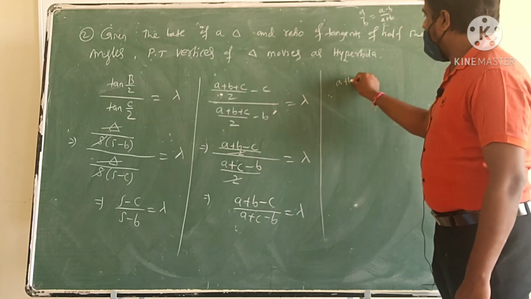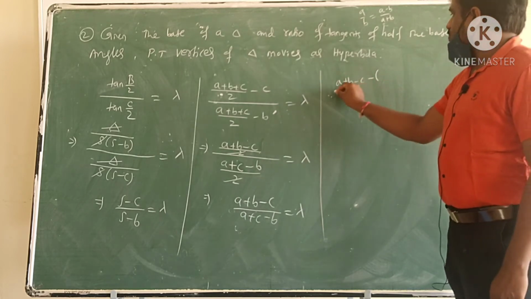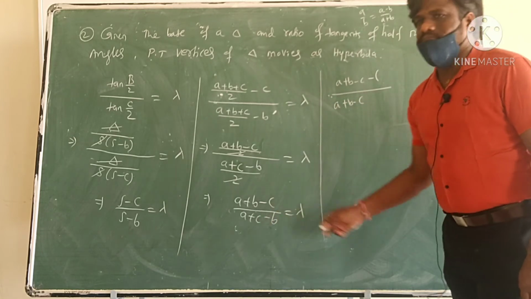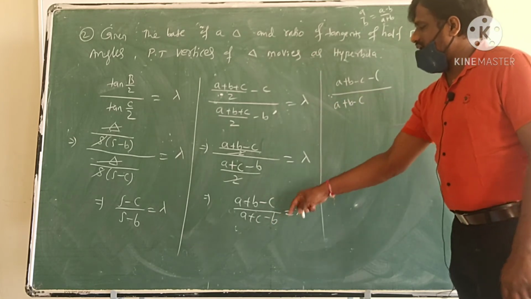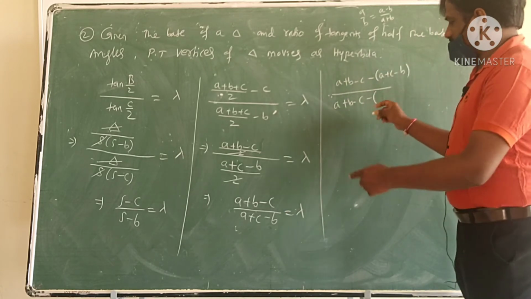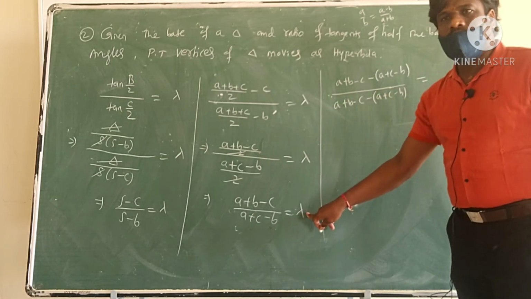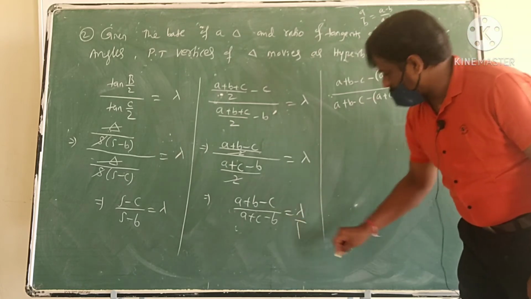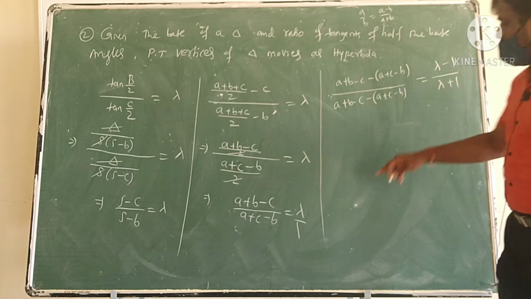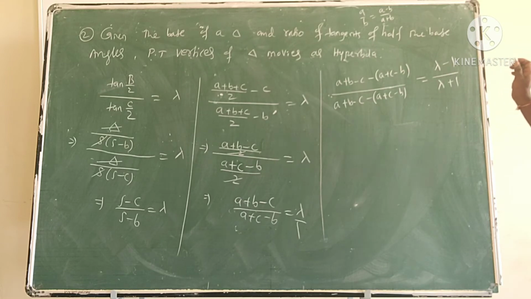A plus b minus c minus, what do you get here? So we will write numerator same, a plus b minus c, we write here numerator down and up, but we subtract and we add denominator, a plus c minus b. It means here also lambda by 1, this is lambda by 1. So what do you get here? Lambda minus 1 by lambda plus 1, denominator is 1, that is subtracted, added. So this is componendo and dividendo.